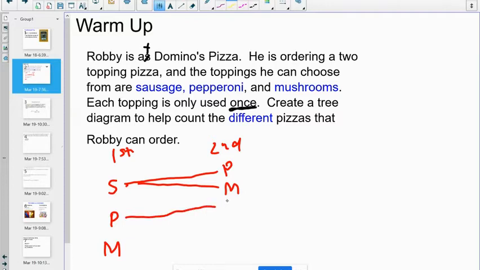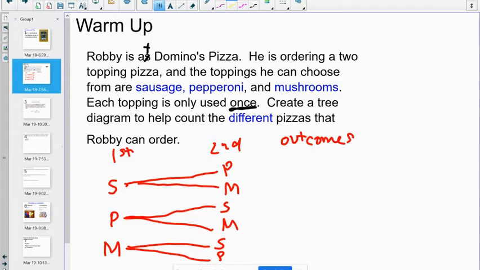Same thing for the pepperoni first. You can have sausage or mushrooms. Same goes for the mushroom first. And then our different possible outcomes here. Can have sausage pepperoni, sausage mushroom, pepperoni sausage, pepperoni mushroom, mushroom sausage, and mushroom pepperoni. Okay, so we have all of our different outcomes, but